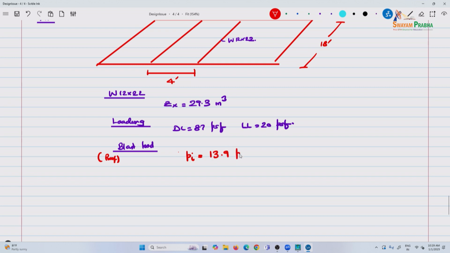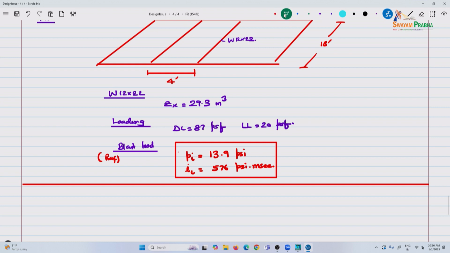So 13.9, and the impulse is 576. So the question is, is the beam adequate for mu max equal to 12 and theta max equal to 10 degrees based on